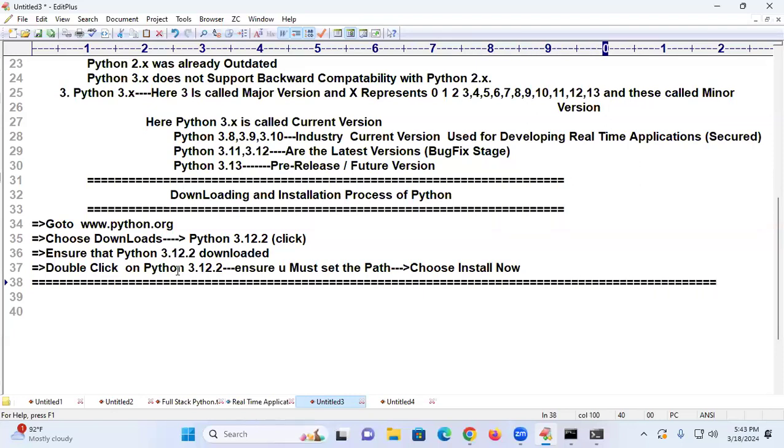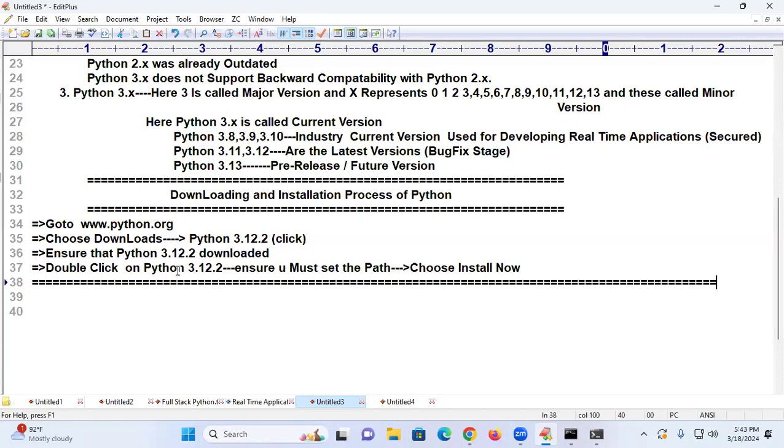Okay, is this class clear? So what did you understand today? Historical development of Python, versions of Python, downloading and installation process of Python. How many versions of Python? 3. Number 1, Python 1.x, Python 2.x, Python 3.x.